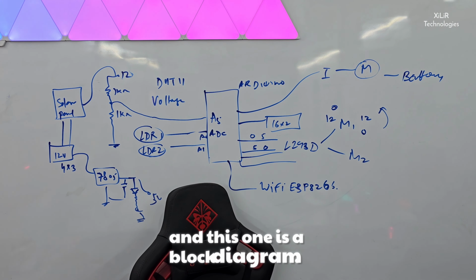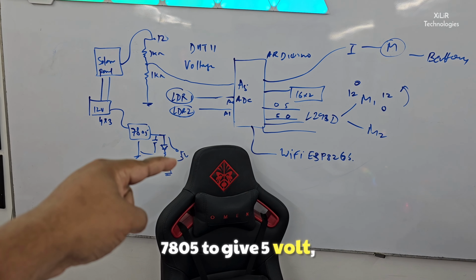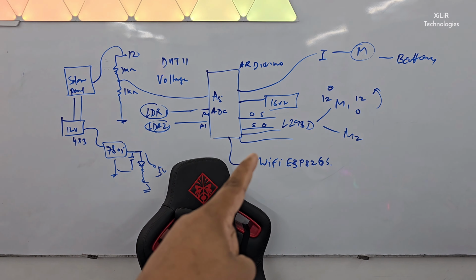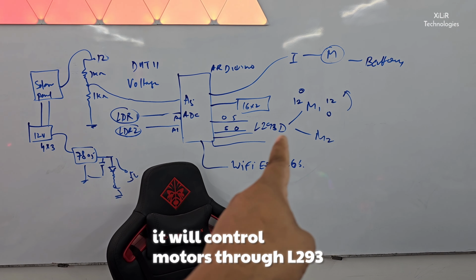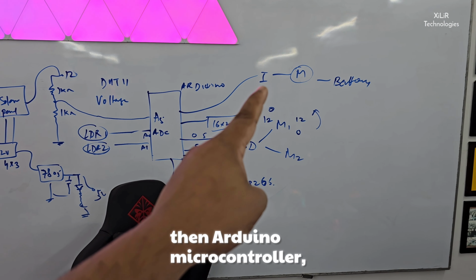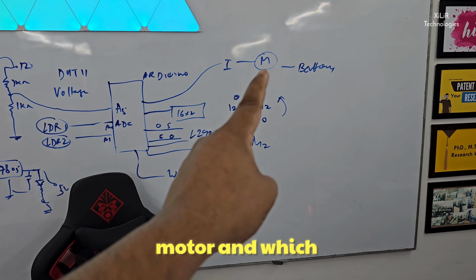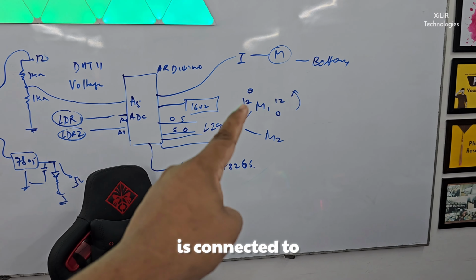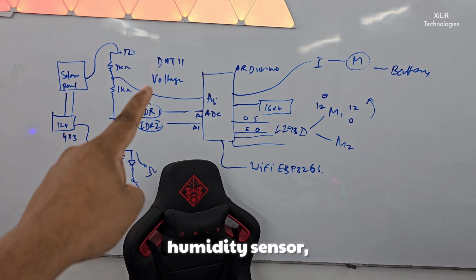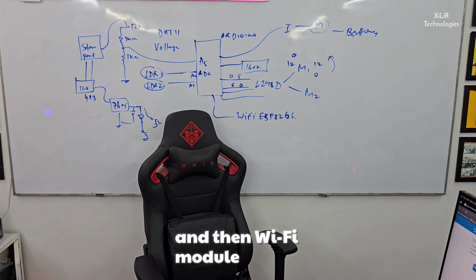And this one is a block diagram: solar panel, 12 volt battery, 7805 to give 5 volt, then LDR modules. When light falls on it, it will control motors through the L293D motor driver, then 16x2 LCD, then Arduino microcontroller, then current sensor, motor, which is connected with battery, then DHT11 digital temperature humidity sensor, voltmeter. That's it. And then the Wi-Fi module, which will send